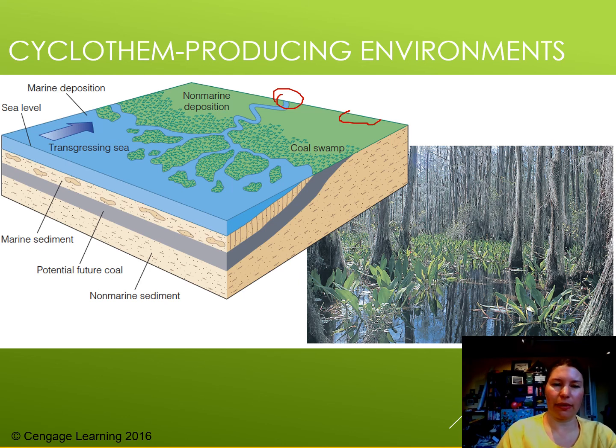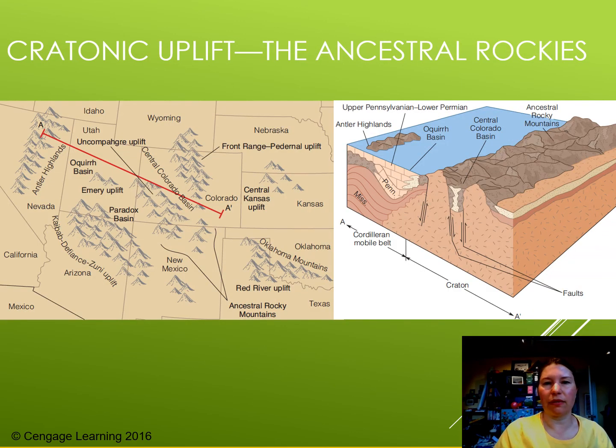So cyclothems often contain marine invertebrate fossils, with the marine interval ended by an unconformity. As the oceans start rising again, we have an unconformity going on there. Non-marine sediments will overlie the marine sediments, though in a lot of cases, due to the speed at which this may happen, or erosion or non-deposition can occur at any time, cyclothems may be missing one or more of the typical units. So it can be a little more complex than we talked about in the previous slide, but there's a lot of neat stuff going on there.